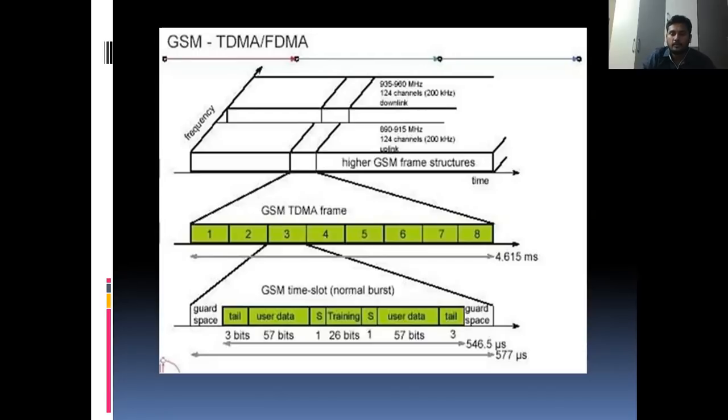For example, from 9 to 10 there is a mobile computing class, from 10 to 11 a cloud computing class, and from 11 to 12 a class of SPM. In this way, time slots are allocated to the receivers and senders, and they have to transmit the data depending on these time slots.